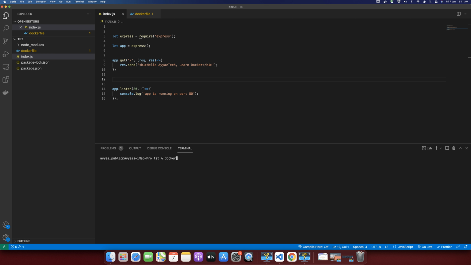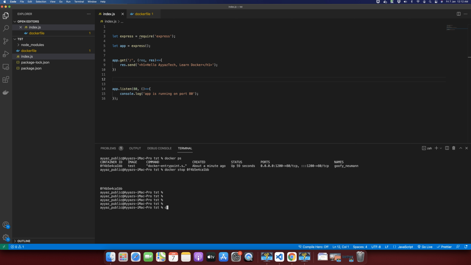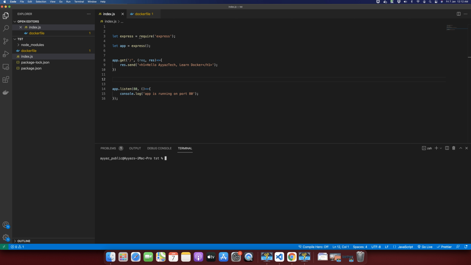Docker ps, and again we have an ID for the container. Stop that container: docker stop ID. It takes some time, but sometimes it stops very quickly. Just wait for it. Okay, the Docker container is stopped. Let's see again. Yeah, the container is removed. Now I want to run it again. For that, type docker run -p 1280, and here